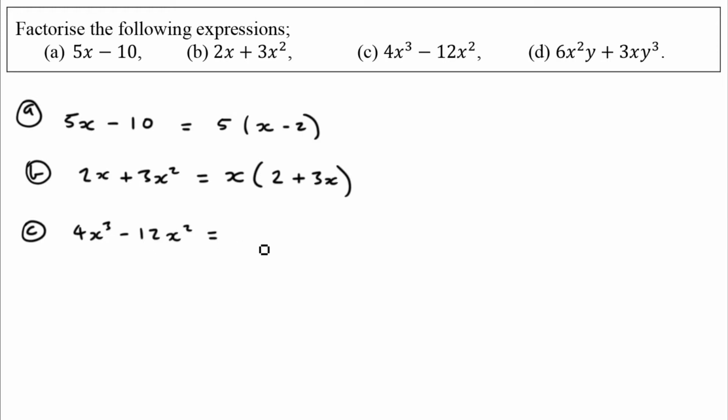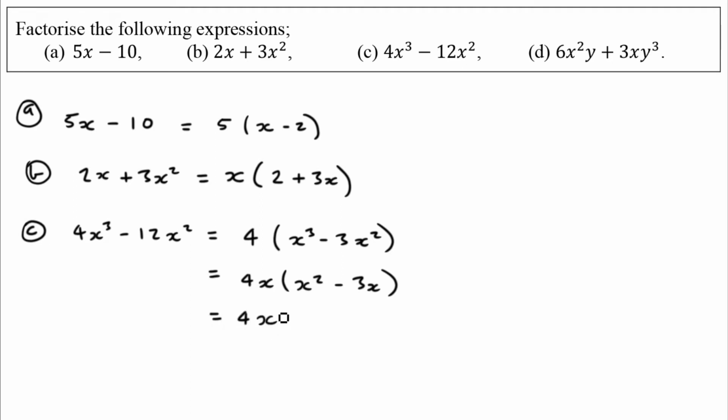In example C, we have 4x cubed subtract 12x squared. We could notice to begin with that both of the numbers are multiples of 4, so we could factorize out a 4, leaving us with x cubed subtract 3x squared. We can then notice that both pieces in the brackets are multiples of x, so we could factorize out an x as well, leaving us with x squared subtract 3x. But both pieces still have an x as a factor, so we could factorize out another x. So we would have 4 times x, 4x squared outside the bracket,